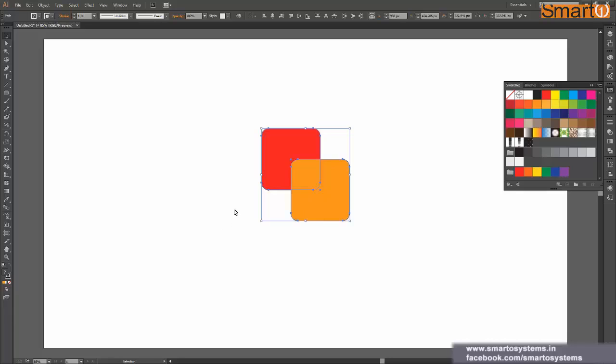So if you want your shape builder tool to work, you have to make sure that you have any of your shapes selected before. So either one shape or two shapes or multiple shapes, or if you're working on more than 5-6 shapes, then have all of those shapes selected and then select the shape builder tool. So we are going to select these two shapes over here, press Shift M this time, and we can see we have this cursor over here, and there is a plus icon beside my cursor this time. So that means I can work with my shape builder tool this time.